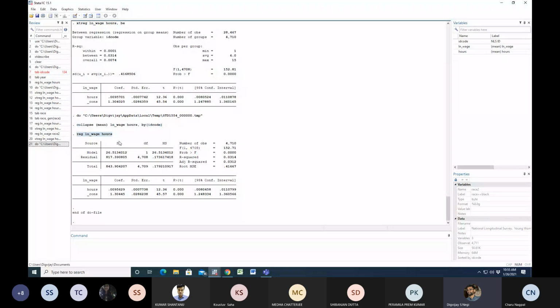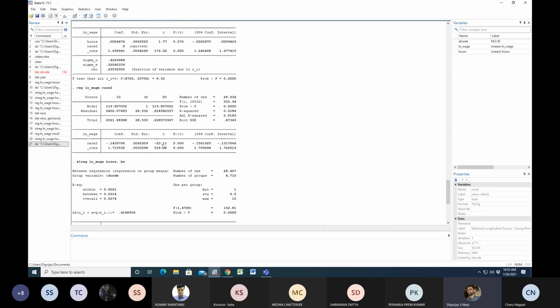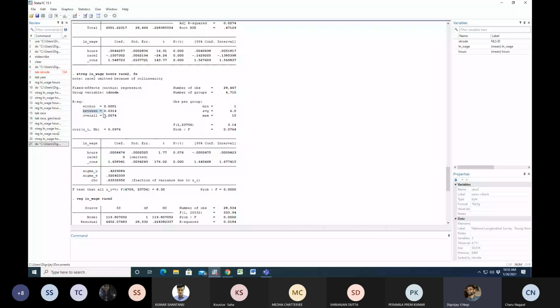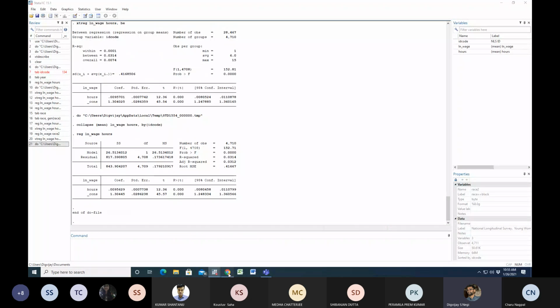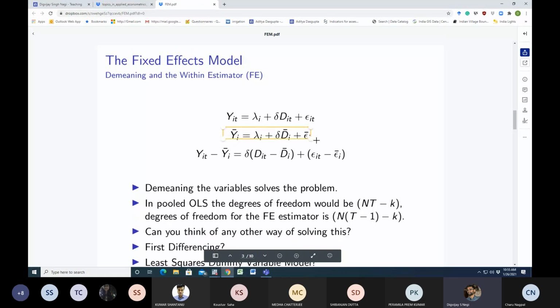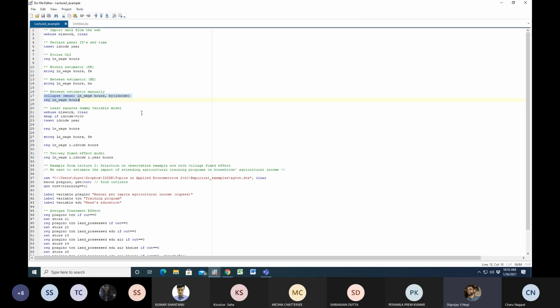And then you can run a simple OLS regression. Here is the regression output for the between regression, and this R squared is the R square which is reported here, the between R square. So that's what a between regression is. We are running this equation. You can find these averages and subtract them, and then you have the within regression. So that's just some technicalities of the fixed effects model.